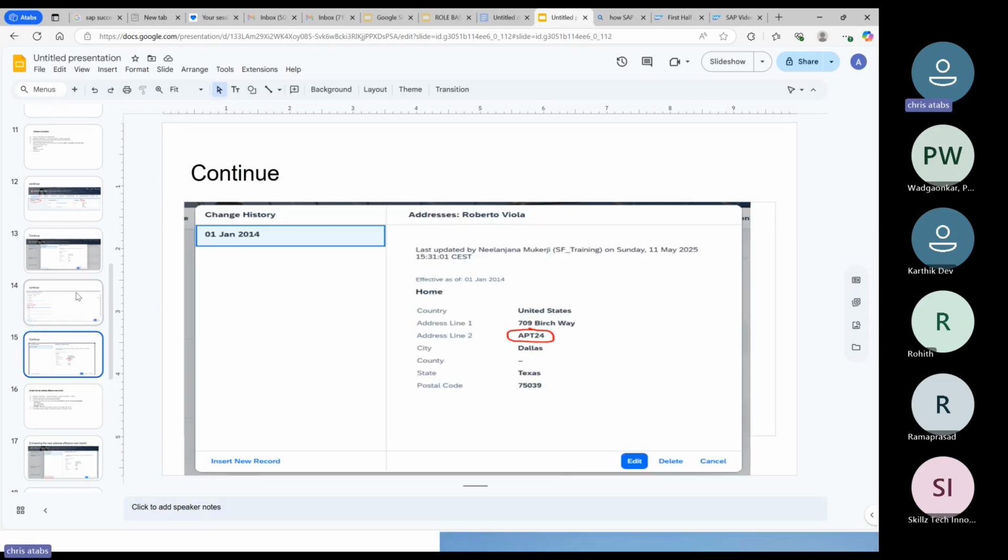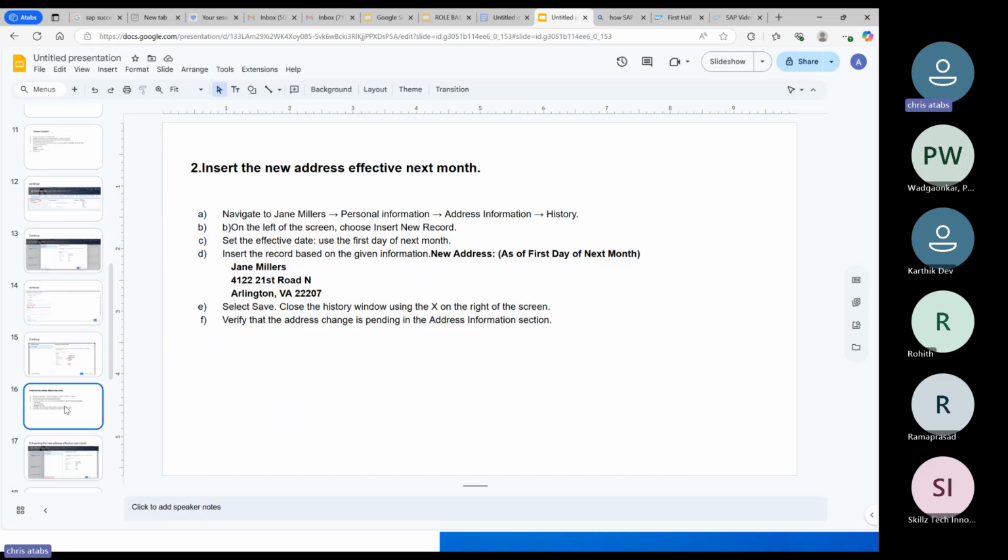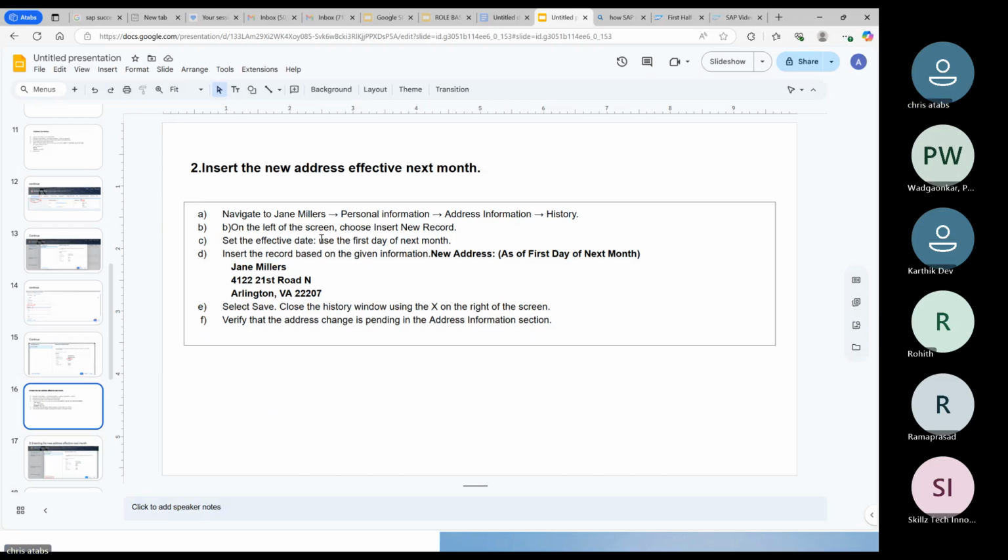So when I save the changes, this is the result. I have updated the old address by adding apartment 24. Now the next step is to insert the new address effective next month, meaning that my user, Roberto,